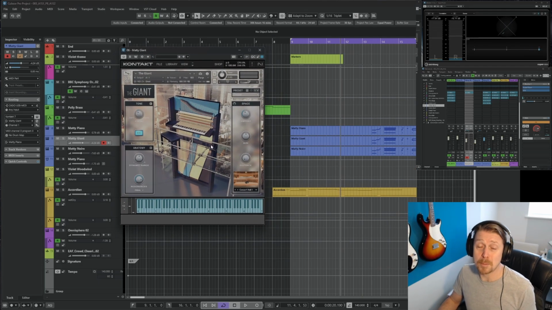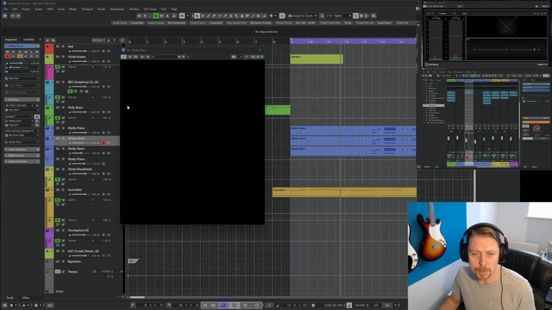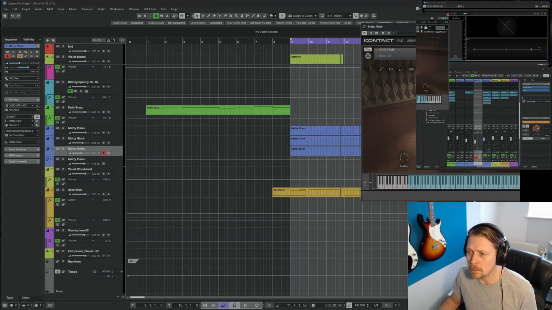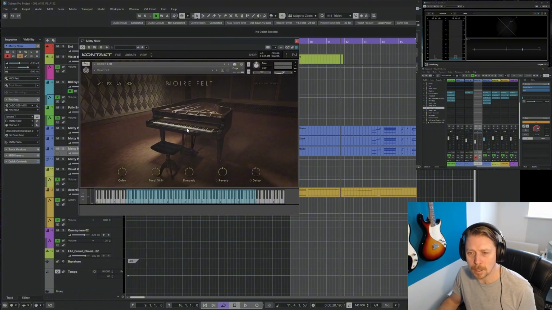It's got massive depth, as you can see by the illustration, and it carries a lot of weight at the bottom end of the piano. And then Noir, which you can imagine is in a kind of velvet jazz room, so that's got some really nice tones.